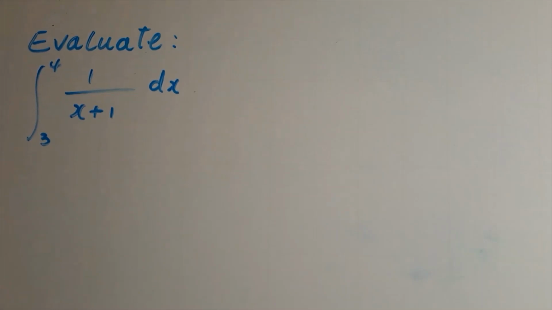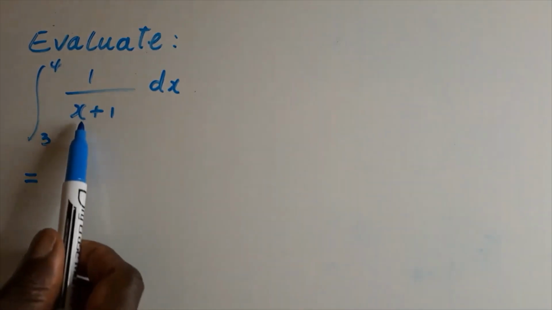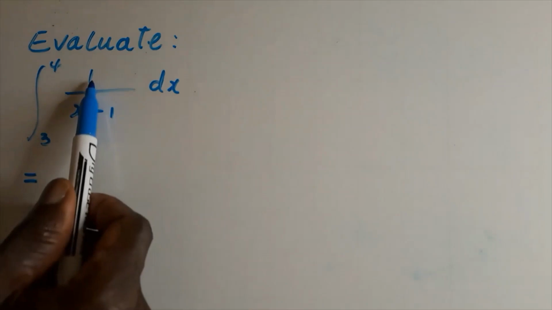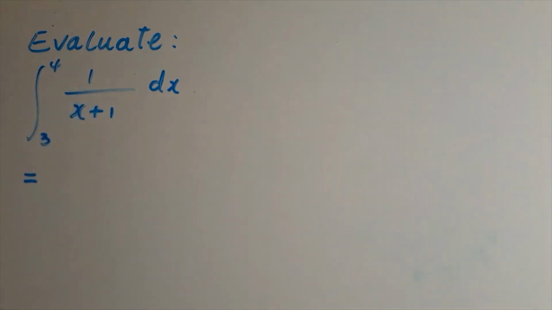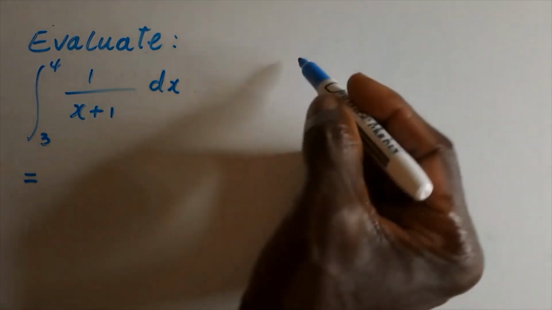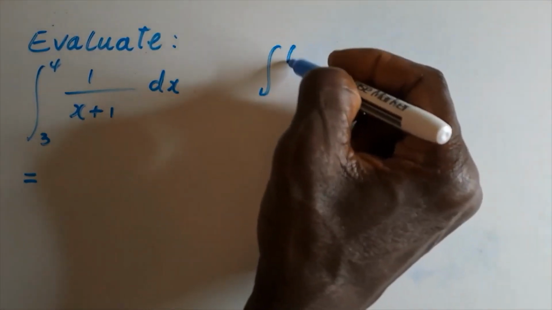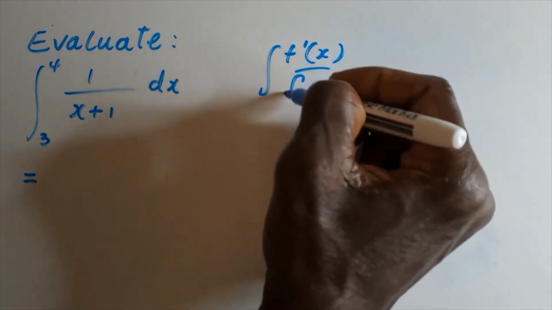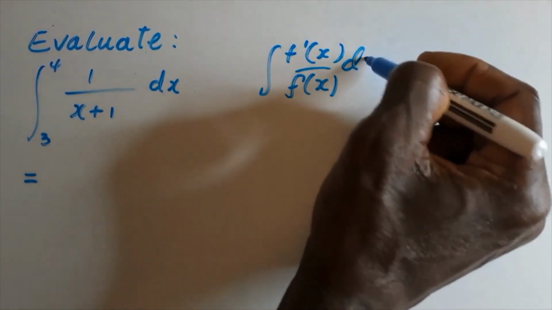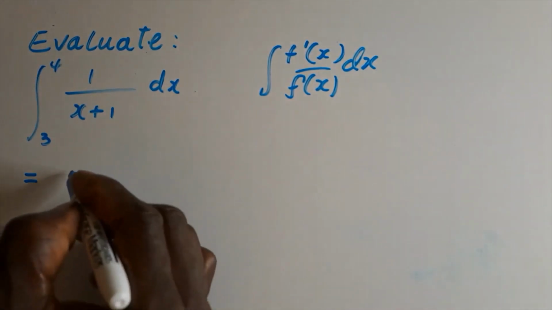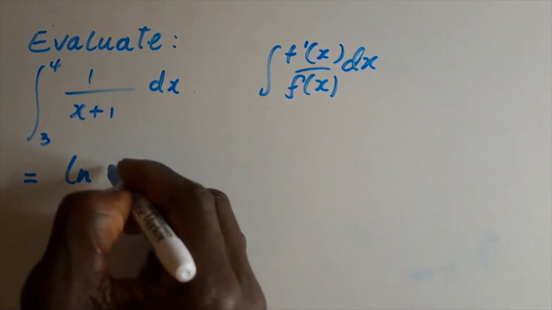Right, now we are integrating 1 over x add 1 to determine the definite integral. So if you look at the previous videos, we can immediately see that the denominator we differentiated will have 1, which is in the numerator. So this is in the family of integrals f dash x over f of x dx, and that's evaluated immediately as ln